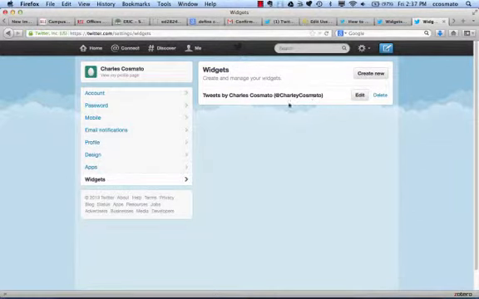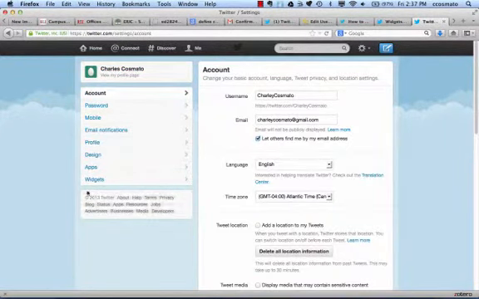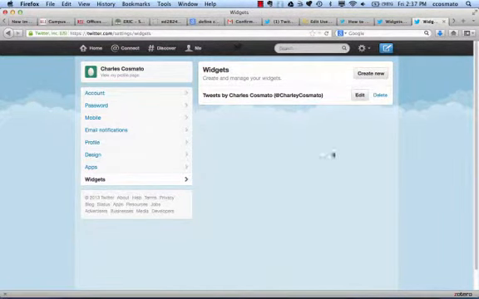Let's go. As you can see, I'm on my Twitter page, and if I go to Settings, one of the options is to create widgets. So I click Widgets, and I've already created one previously. Let me delete that. I'll create a new widget,